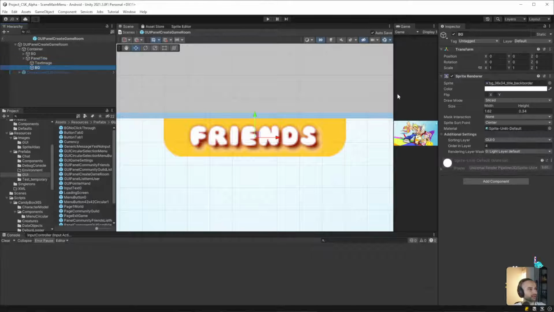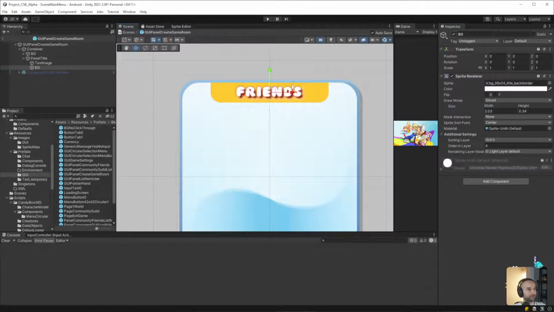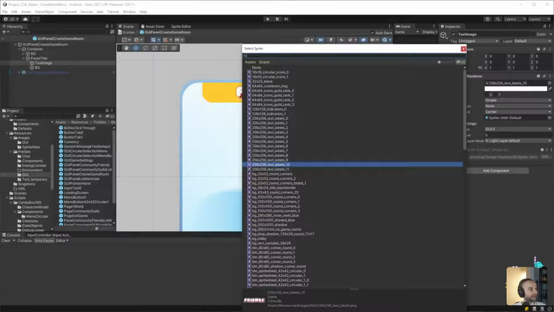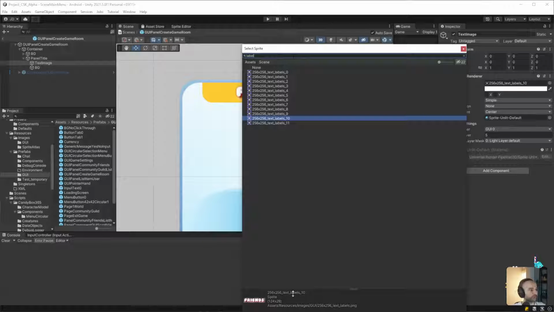Okay, let's go and increase the width of the background a bit, because it needs to accommodate the text create game room. Might need to be a bit bigger. Okay, and then the actual label itself. So what do we have for labels?